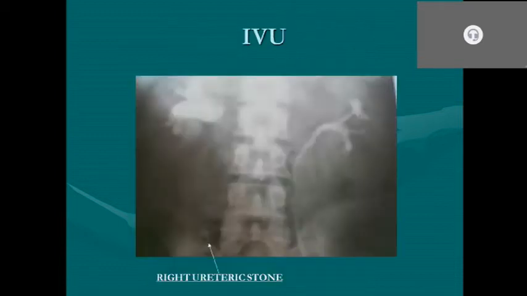investigation is intravenous urogram, previously commonly known as intravenous pyelogram, but now the better term is intravenous urogram. It is not a pyelogram only, because you are not seeing only the pelvis, you are seeing all the ureter also. So now we call it intravenous urogram. As you can see, on the left side there is a normal pelvicalyceal system. Then you can see the pelviureteric junction and the course of the ureter. It traverses along the tip of the transverse process of the vertebra, as you can see, and goes down.